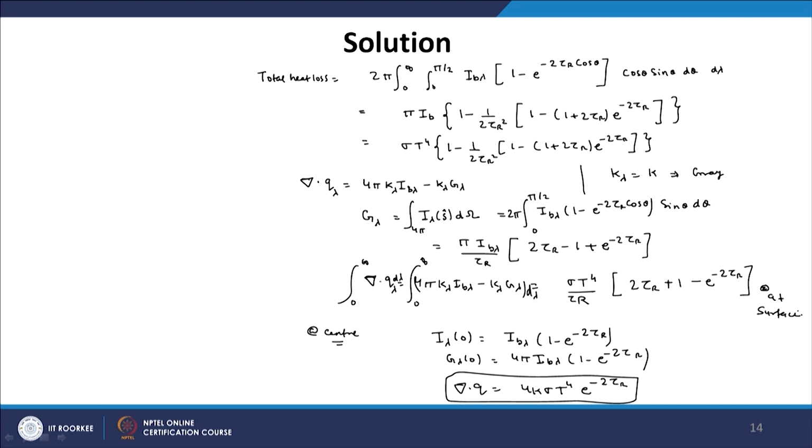So, in this lecture we have seen how to apply the equation of radiative transfer to some special problems, one dimensional problems where we have a sphere, and gray problems where the absorption coefficient was not a function of wavelength, and we did a lot of simplification and solved for important parameters like heat flux at the surface and del dot q. We will apply in subsequent lectures the same techniques to solve radiative heat transfer in cylindrical and plane parallel geometry.